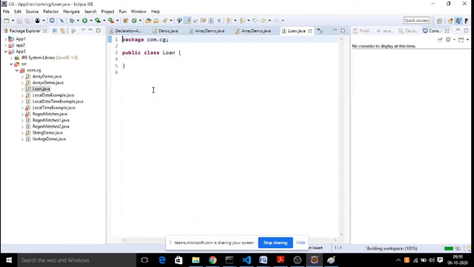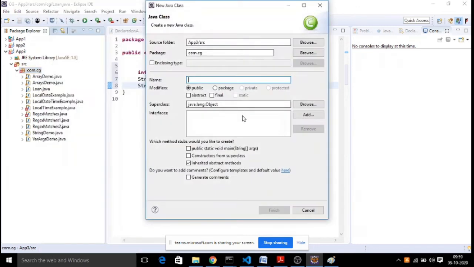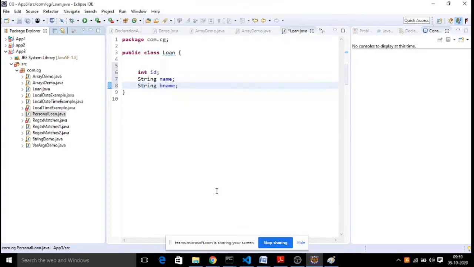This is going to be a super class for our application in which we have loan ID, type, name, and bank name. Those are the basic features of loan. Now I want to create another class here called personal loan, in which I want to have a main method as well.